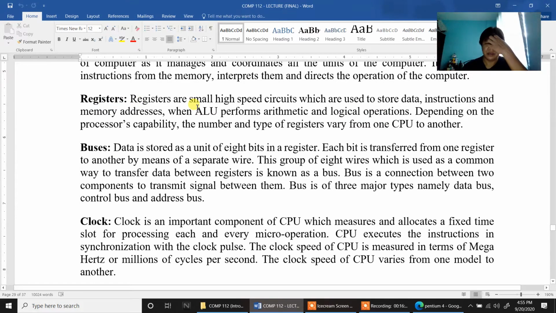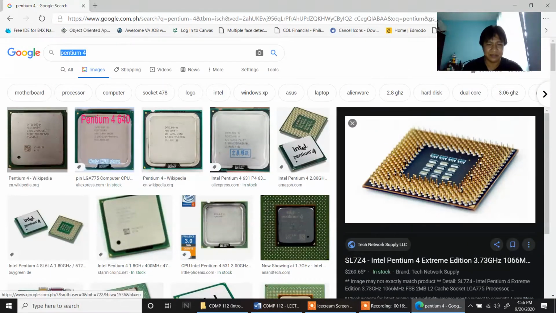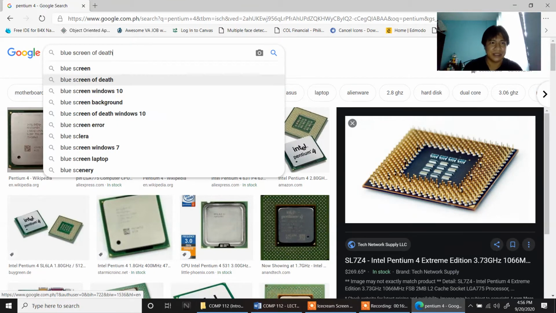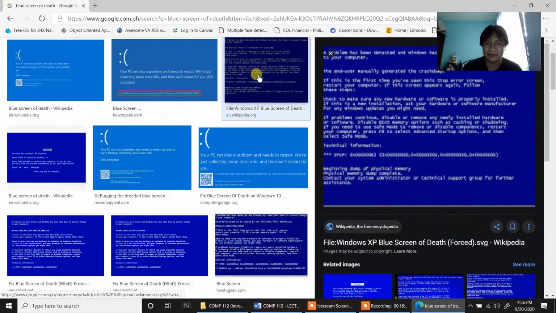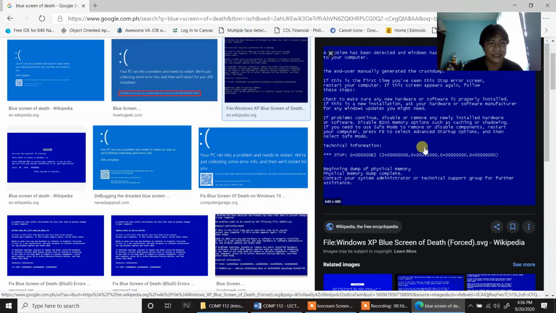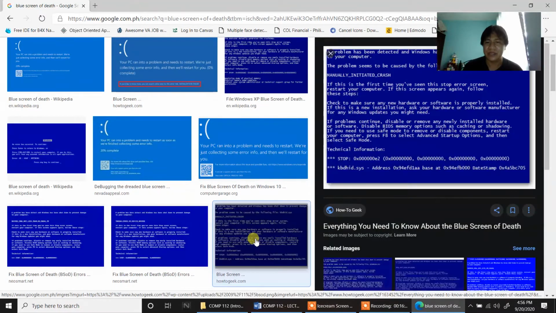So that's why, if you somehow experience what you call the blue screen of death, BSOD. Blue screen of death. Let me show you the blue screen. This is dangerous for your PC. So it shows a blue screen because